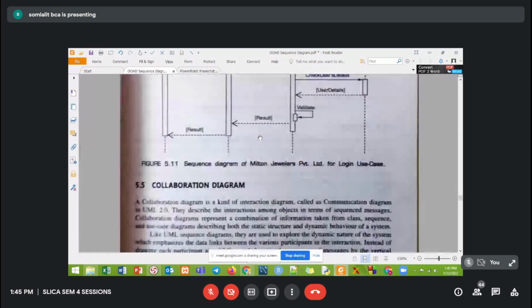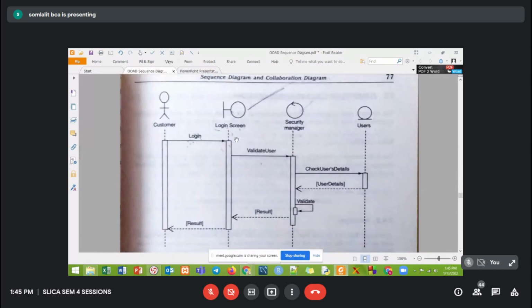Okay, but they have prepared the sequence diagram for the normal case, for a login case. So customer gives the login details to validate. Here one thing is missing. Brackets should come here. The bracket should be there. For login, we need to fetch the details from the user. They have forgotten to implement JavaScript validation over here. That should be there. After fetching, user details will be given, and here they are implementing the validations.